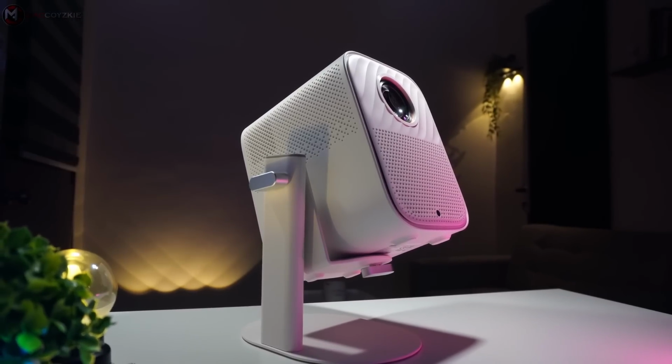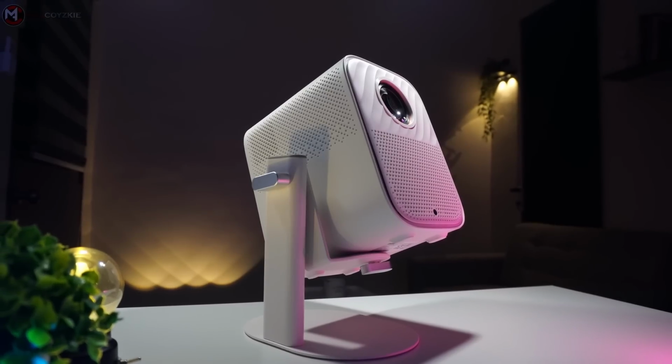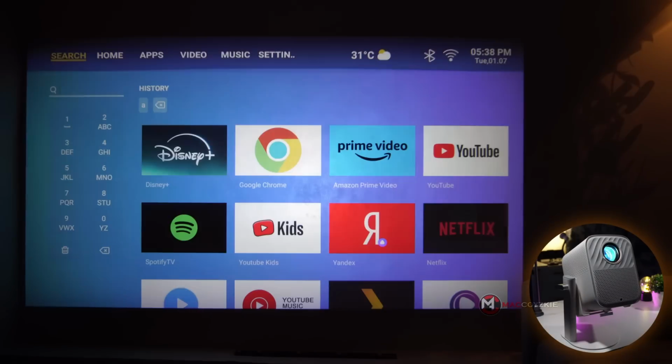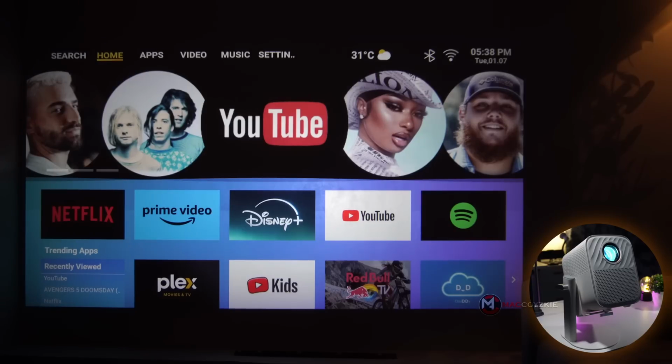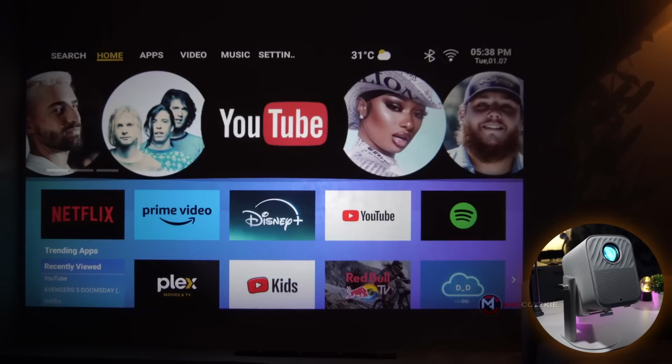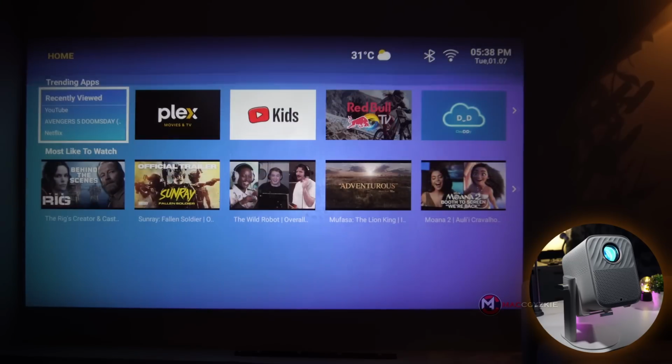Now let's take a look at the on-screen display and controls of this projector. The interface is simple and user-friendly, making it easy for anyone to navigate. At the top, you have the search button, which lets you quickly search for your favorite apps or contents. The home button takes you to the main page, where you'll find the recommended apps, giving you suggestions based on